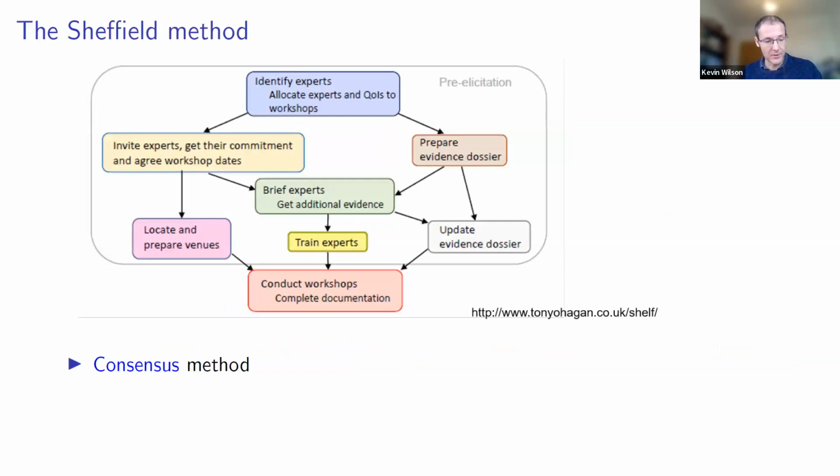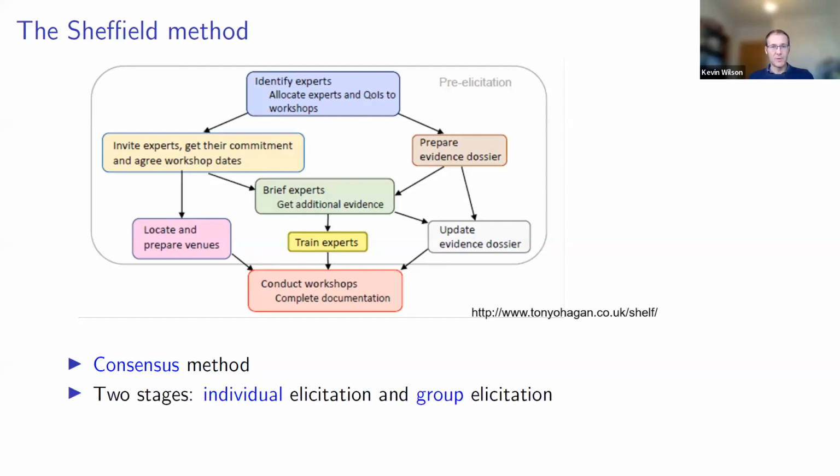So first of all, I'll talk very briefly about the Sheffield method, because I think most people probably know quite a lot about it already. So the Sheffield method is a consensus method. You get the experts in a room or perhaps a Zoom chat like this, all together at the same time, and they discuss stuff and try and come to consensus. The main steps are given at the top of the slide here, but I'm just going to go through the bullet points rather than go through those individually.